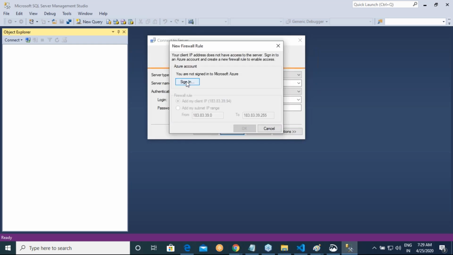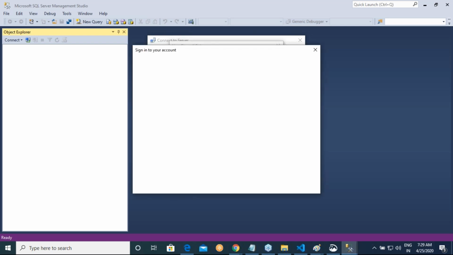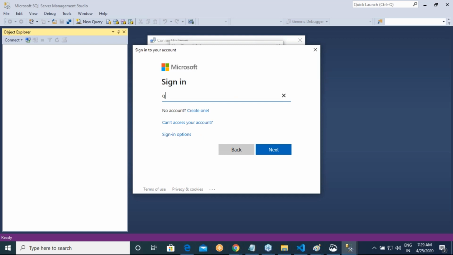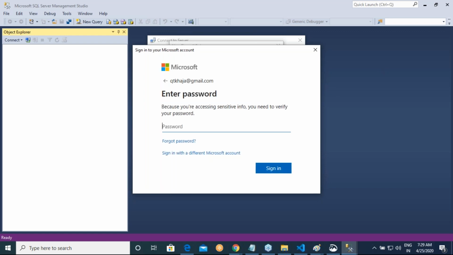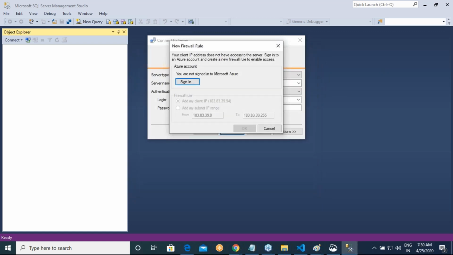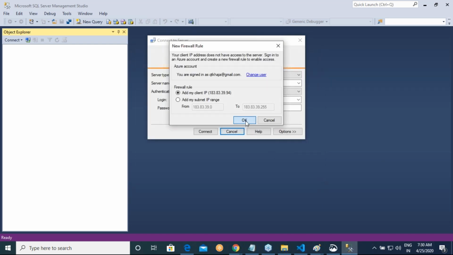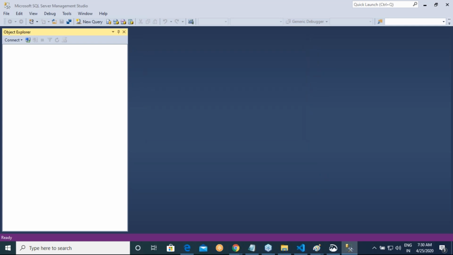Then it is asking you are not signed into Azure. Do you want me to sign in? Yes, I want you to sign in into Azure. So I'm giving my Azure credentials. If we have configured everything correctly, we should be able to connect from here.